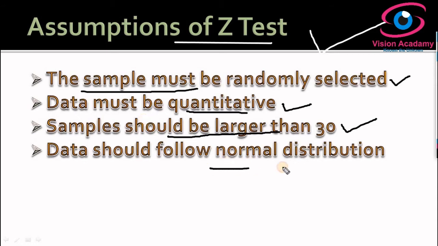And a very important concept in parametric tests is that all the data must follow a normal distribution. The data must be normally distributed, since the data is a large sample. So you must meet the normality condition for your data. These are a few assumptions, and based on these assumptions the z-test will run. Before testing hypothesis under the z-test, you must ensure that all these assumptions are met.